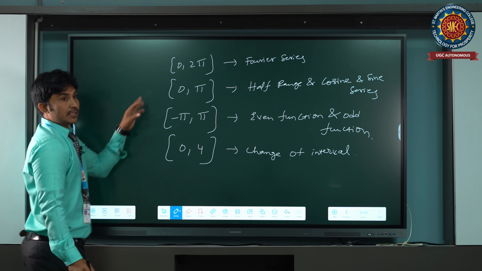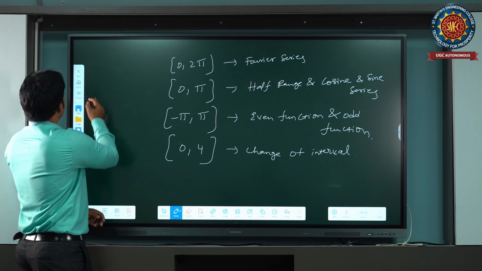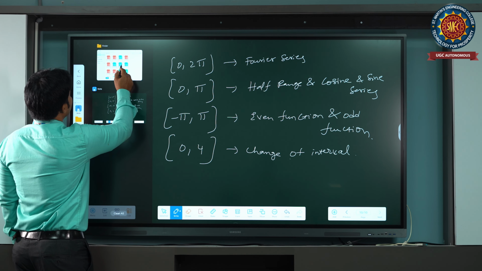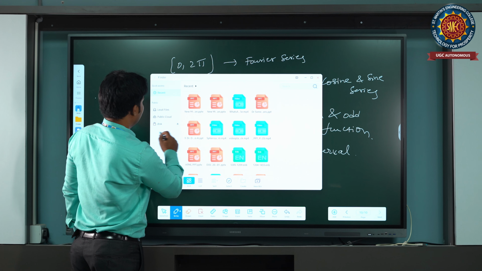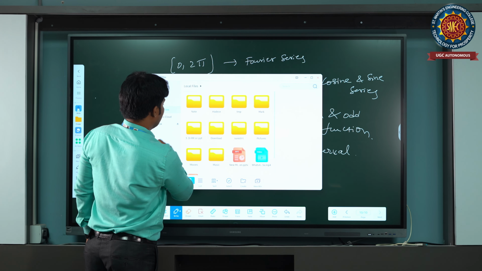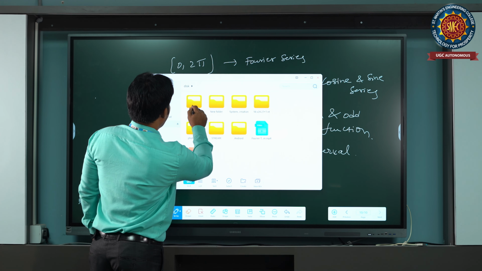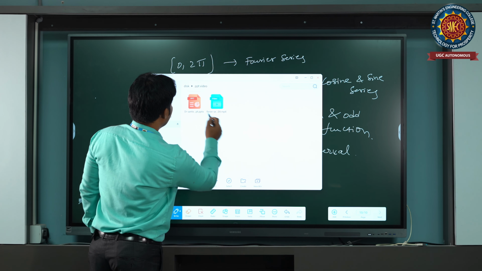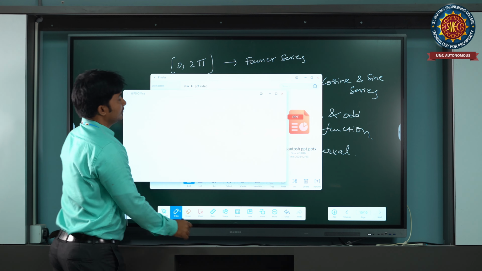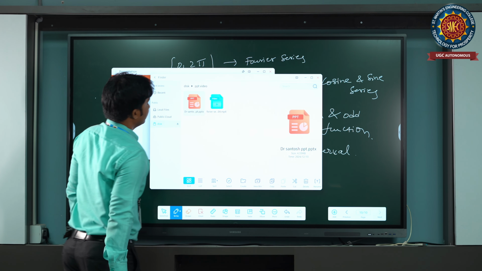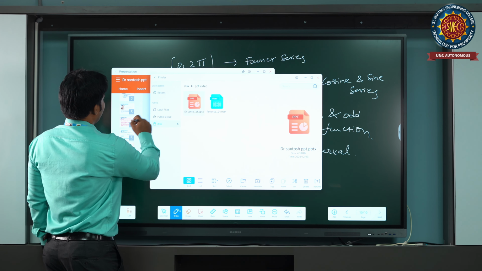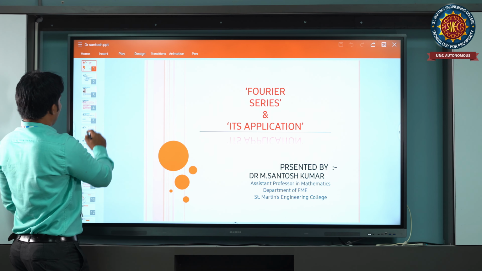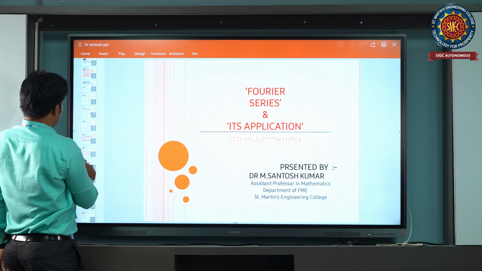This is the Fourier series, and the process is... this is the final series, and to get the solution is